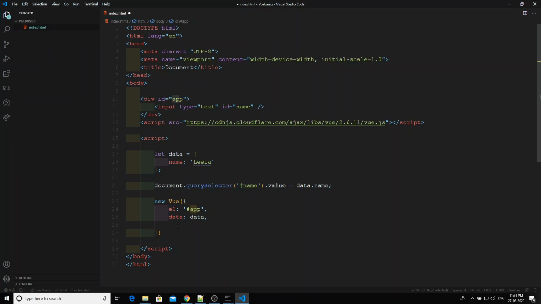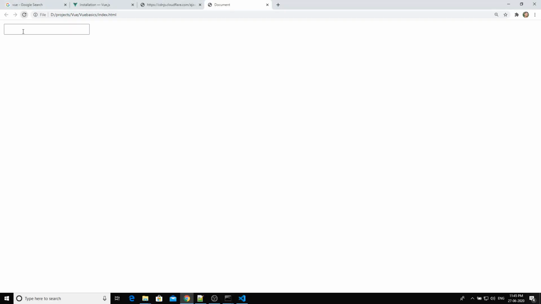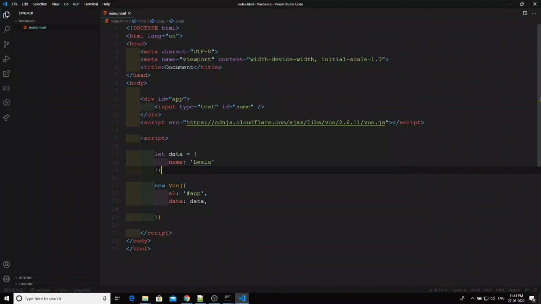Now we will remove this one and refresh the browser. If I refresh the browser, I am unable to see the name in the input box. What we have to do is just add v-model. It's a directive, model is a directive in Vue.js.